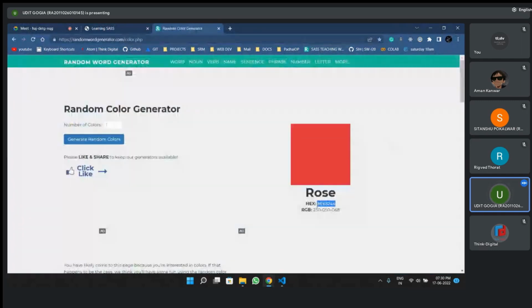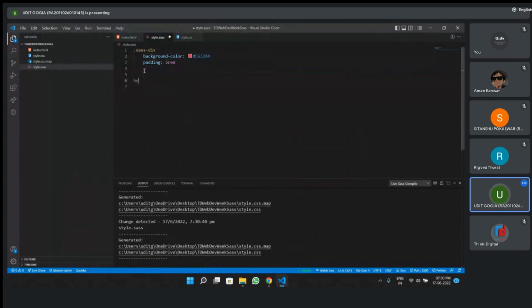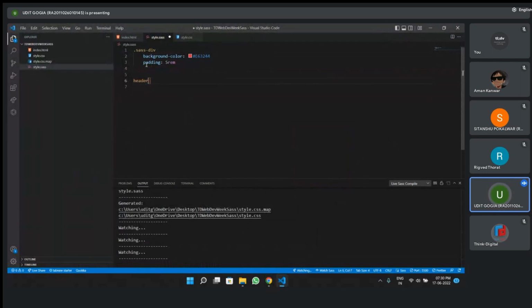For example, this color. Here I want my div element to have this background color. And just in case there are many elements which I wish to have the same background color,